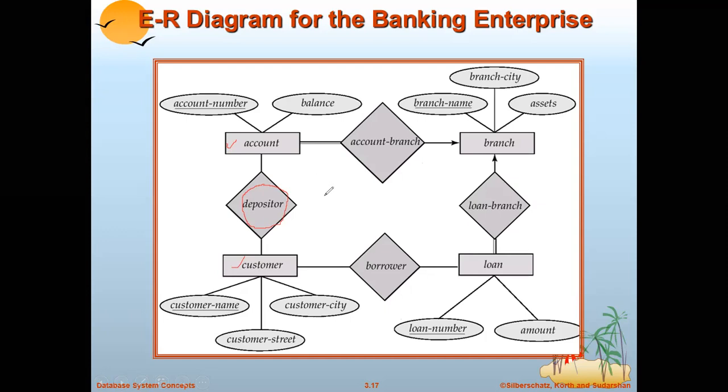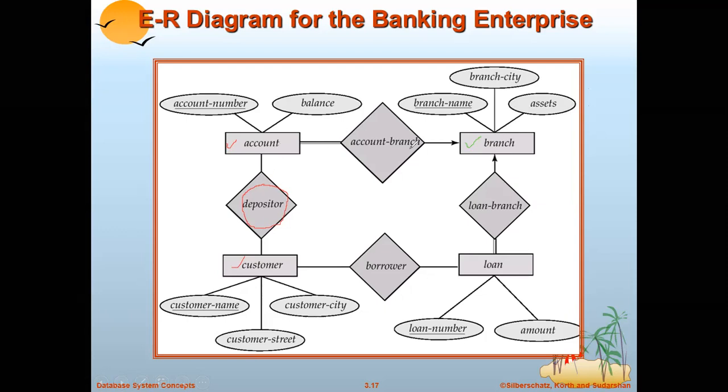Next, now this account belongs to a specific bank, as I said. Suppose there are many branches of that enterprise present. Then the account and branches, so branch is another entity or relation. So branch will have a branch name, branch city, and assets. So it will have those features as assets, special features.